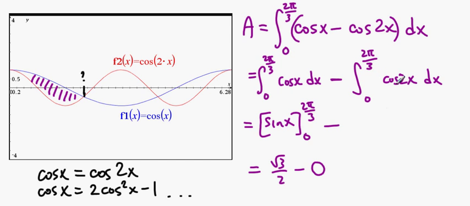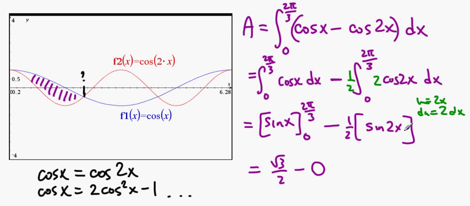This piece is not cosine x, this is cosine of 2x, so you almost want to do this with u-substitution. In this, u would probably be 2x, and du would probably be 2 dx. We don't have a 2, so we compensate. And so what have we got? We've got 1/2 the integral of cosine of u. Well, the antiderivative of cosine of u is sine of u